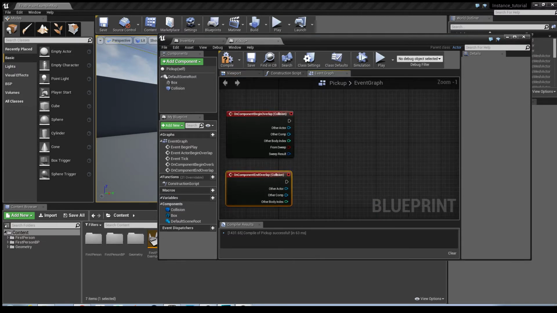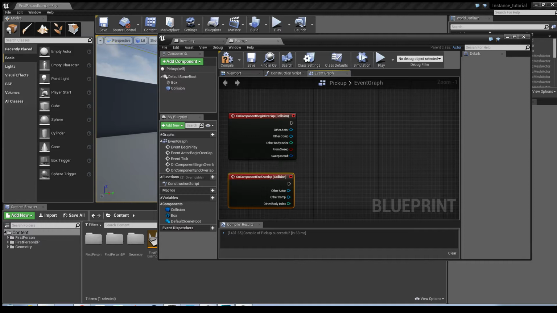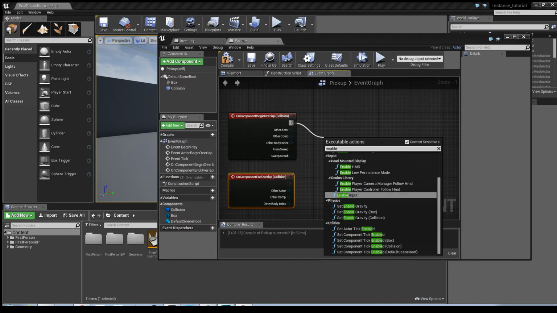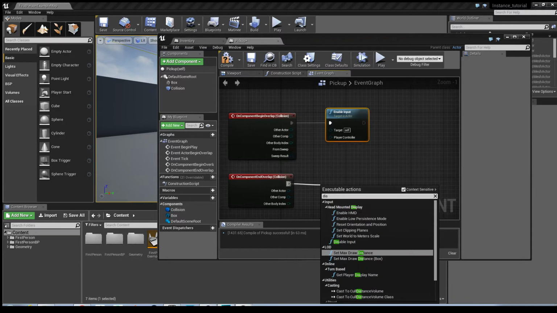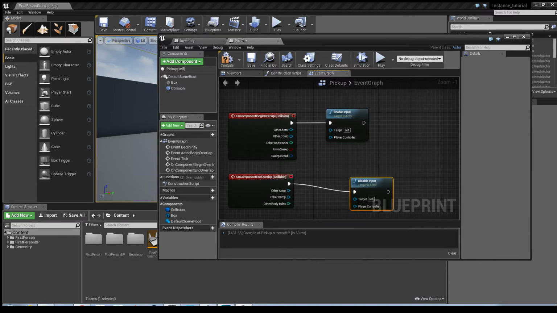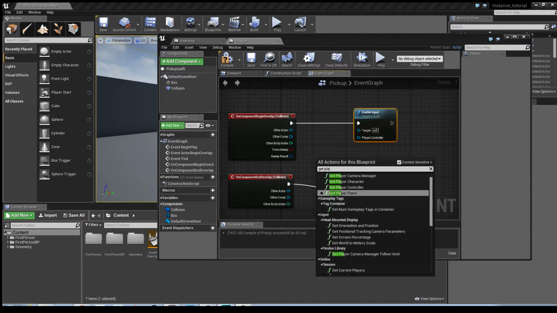Now what I want to happen is I want it so that when the player approaches the box, he's able to interact with it. So basically to do that, all you do is drag it at the top one, begin overlap, enable input, and then when the player leaves the collision, on end overlap, disable input, and then all you do is type in get your player controller,